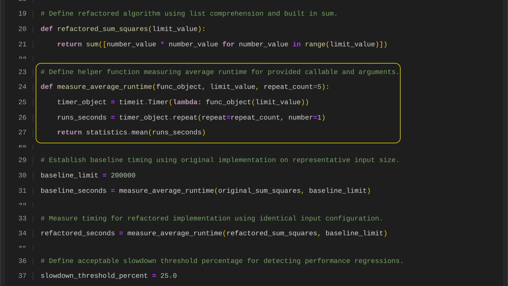This description explains a function that measures the average runtime of another function for given arguments. It uses a timing tool to repeatedly run the target function with a specified limit value, by default running it several times. The timing tool returns a list of how long each run took. The function then uses a statistics utility to compute the mean of these times, producing a single average runtime value